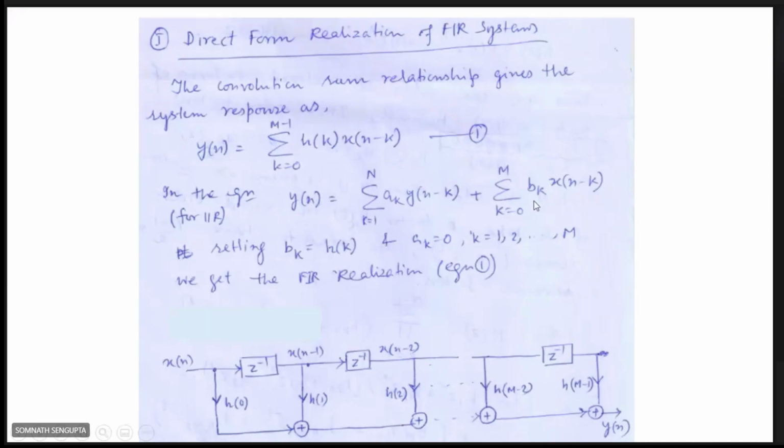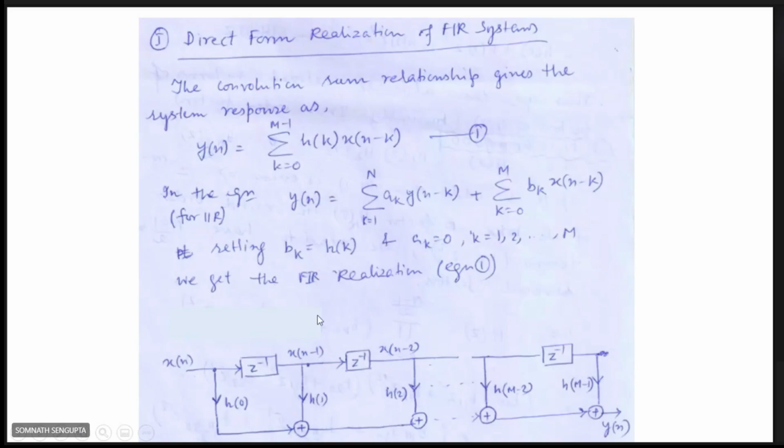So what is the meaning of this? The very important meaning is that if you are given some difference equation consisting of only the inputs x[n], x[n-1] with their coefficients, then from that you can directly tell about its impulse response h[n], exactly the sequence h[n], what terms are present in h[n], the impulse response, because b_k is equal to h_k.